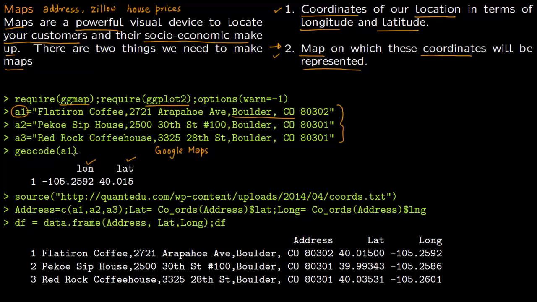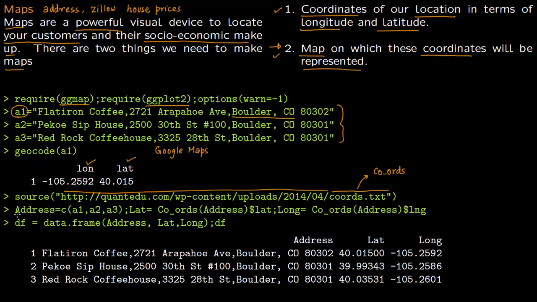So we will slightly modify this geocode command, and that is modified in this file. I have posted this file here. This is the address of the file, and this is the name of the file, coordinates.txt. It basically just takes this geocode command and slightly modifies it. Instead of geocode, I have redefined it as coords, and that is what we will use. This coords will help me get longitude and latitude out separately because I need them in a data frame, as we will see in a minute.